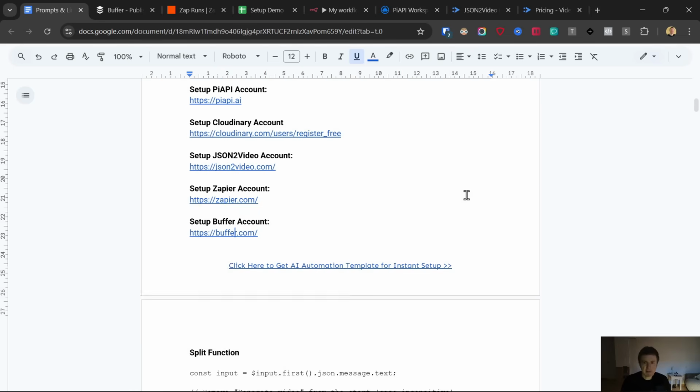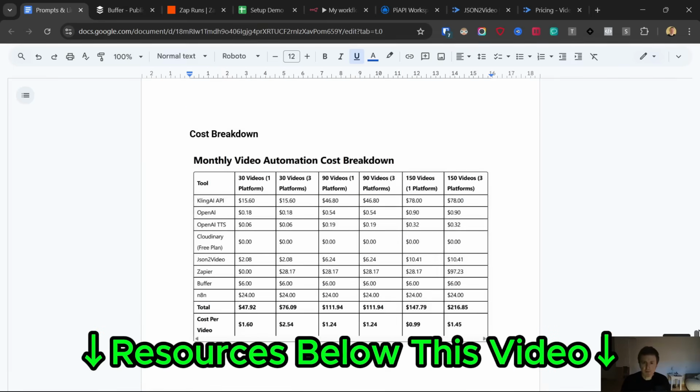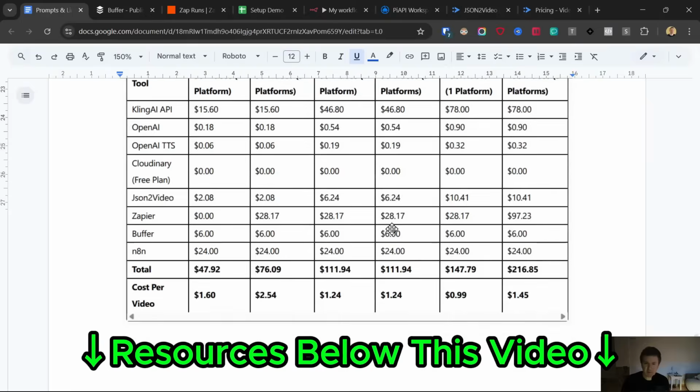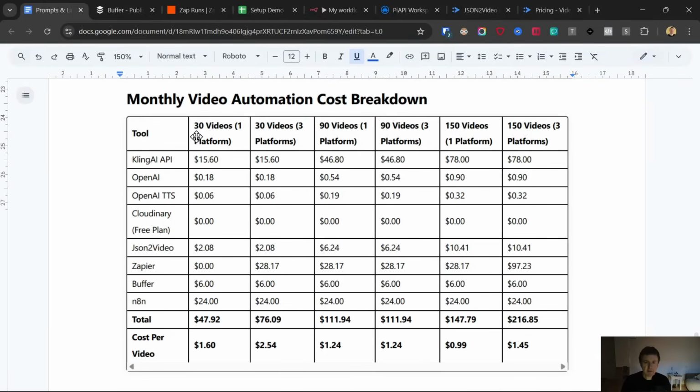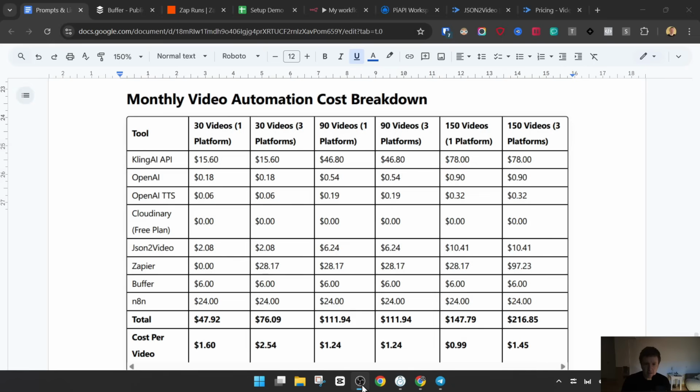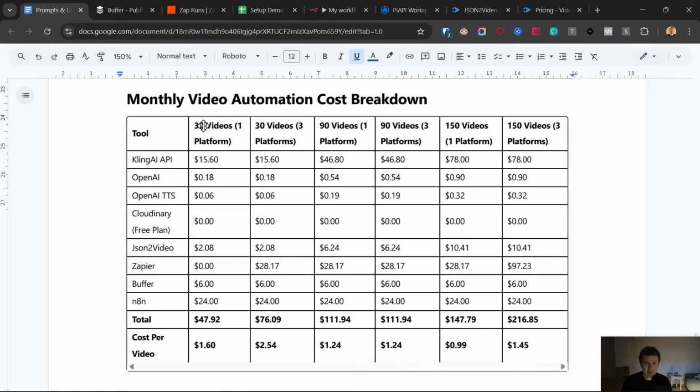Now, as a final step, we will go through, okay, how much does it cost? I will give you 2 options. One is the standard version that we have just set up, and one is the budget version. Now, the first thing we have here, different volume of videos created per month. So the first, we have like 30 videos to 1 platform, 30 videos to 3 platforms, and so on. The only difference between one platform, like posting only to, for example, Instagram, and posting to 3 different platforms at once, is basically